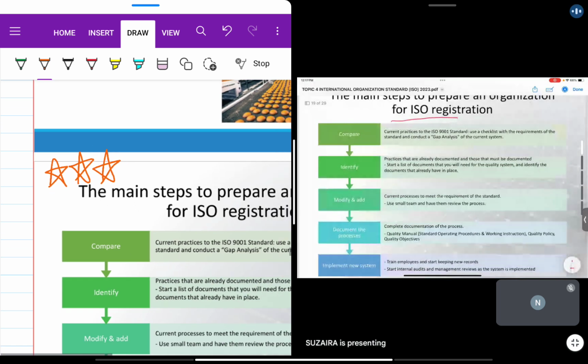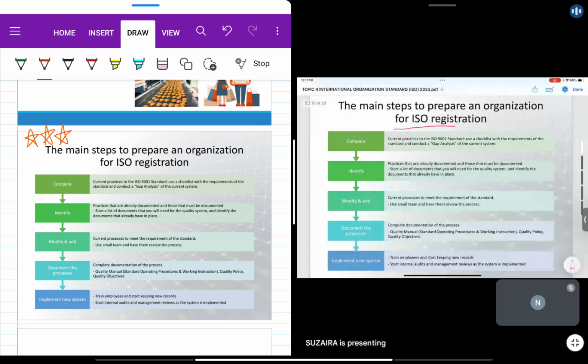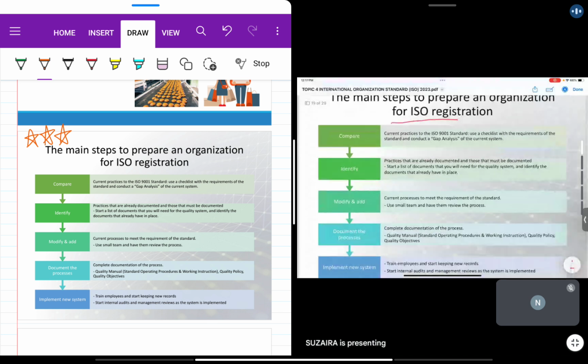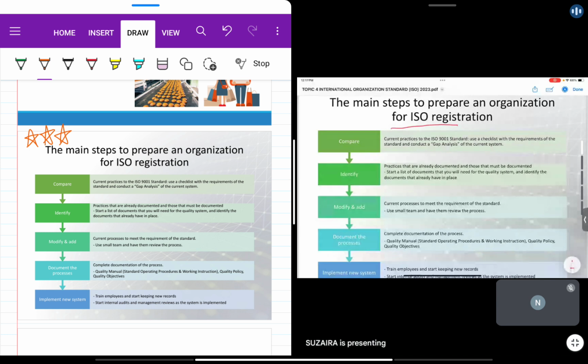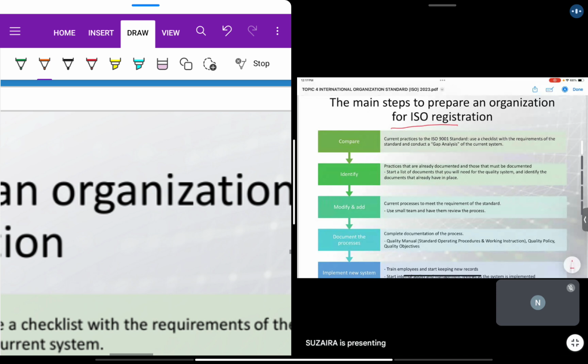Okay, that question is actually referring to this structure. This is considered the main step, because we have 5 steps. If you talk about GMP or HACCP, we can also use a similar step. Of course, whenever we talk about ISO registration, this reflects 9001, but 9001 is considered the basic requirement.